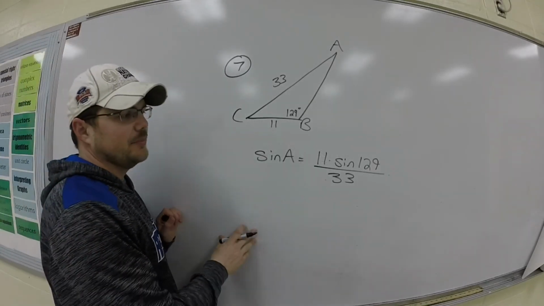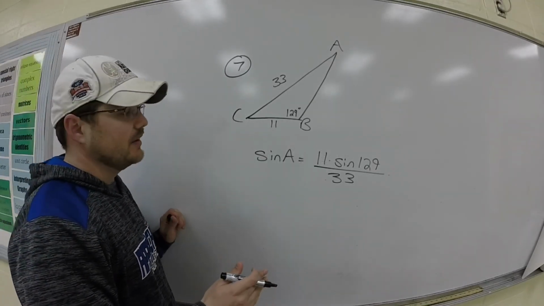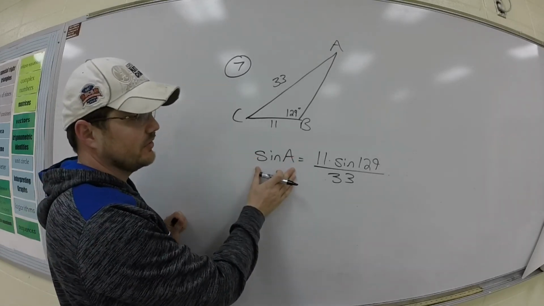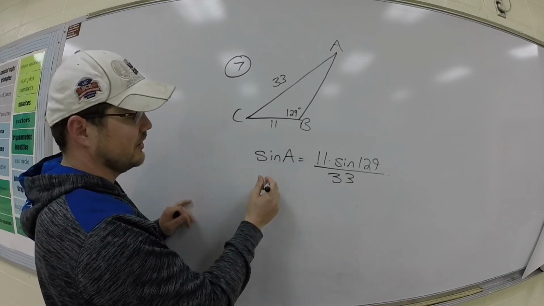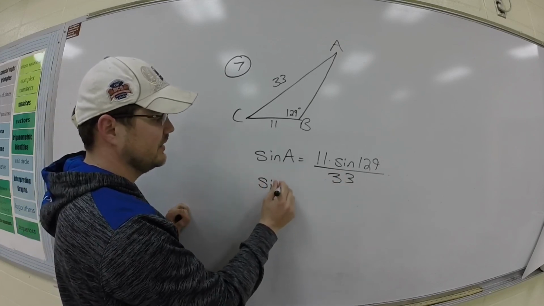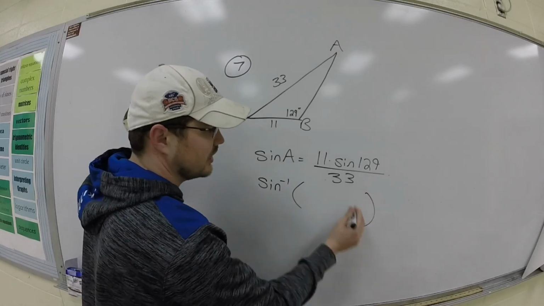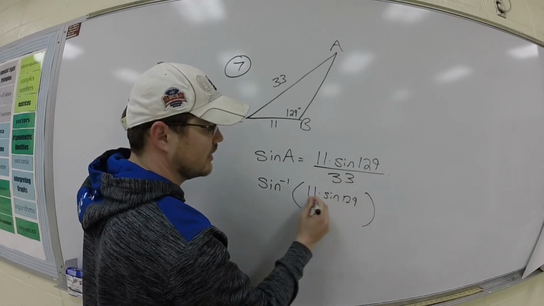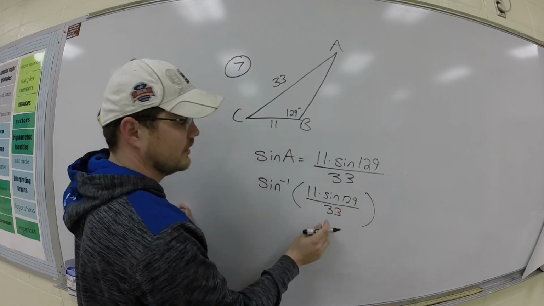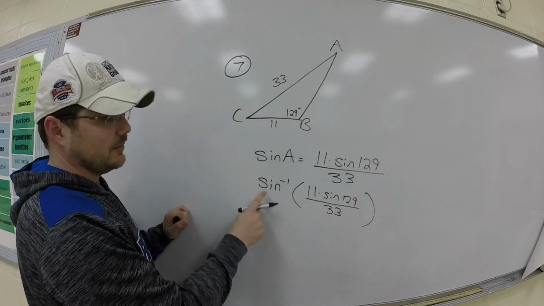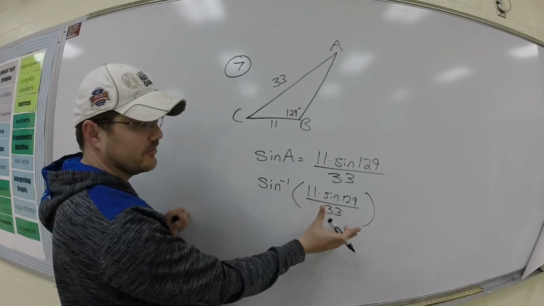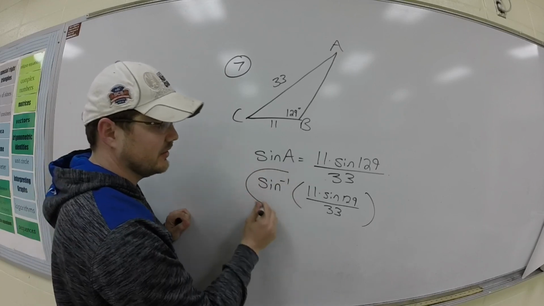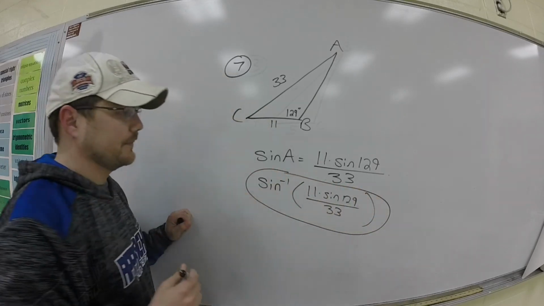Okay, so anytime you're having to find an angle measure, once you get sine A by itself, we're going to do the sine inverse of whatever we get. So we'll say sine inverse of all this. And this should be an answer choice. Sometimes it's called the arc sine of all this, sine inverse or arc sine, but this will be our answer. Okay, number 8 wants